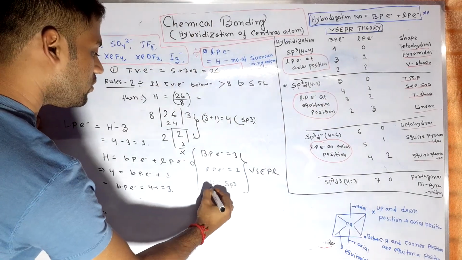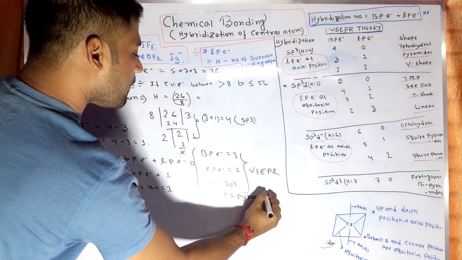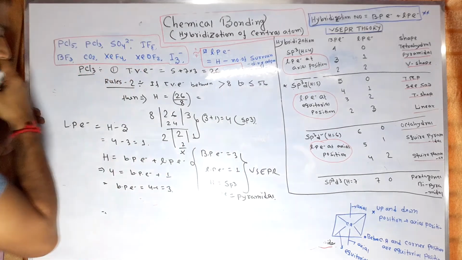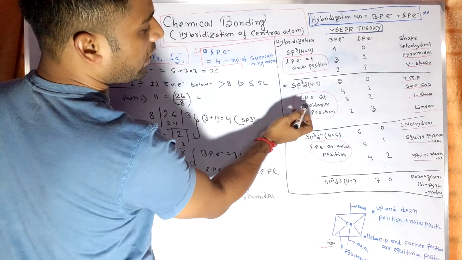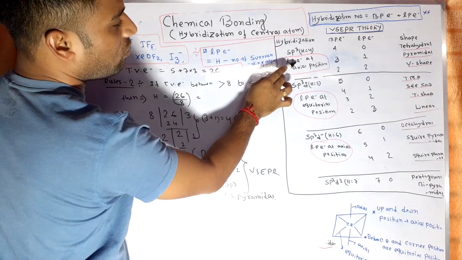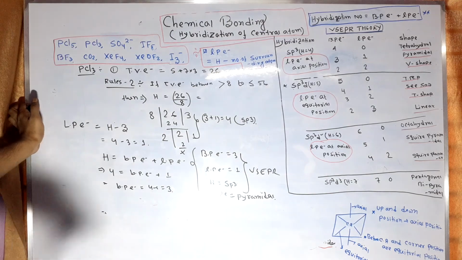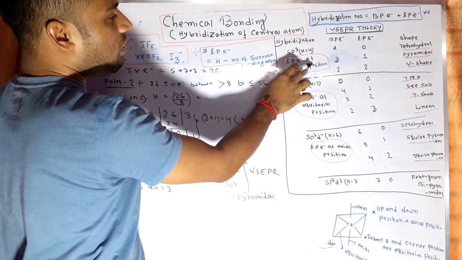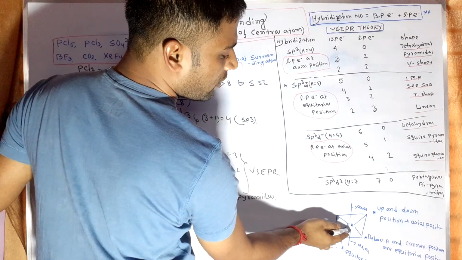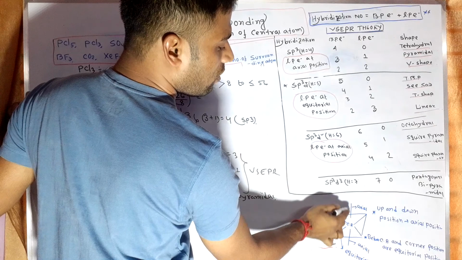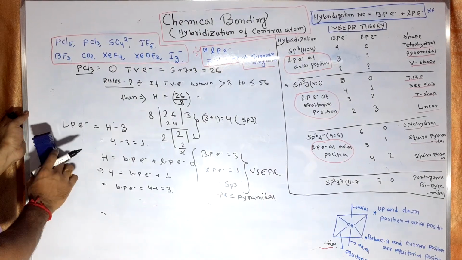So the shape of the molecule is pyramidal. What is the pyramidal shape? One more point for sp3 hybridization: the lone pair electron is at the axial position. If the central atom holds a lone pair electron, the position of the lone pair is always axial. That means either the up position or the down position. These two positions are always axial positions. So the structure is a pyramidal shape structure.